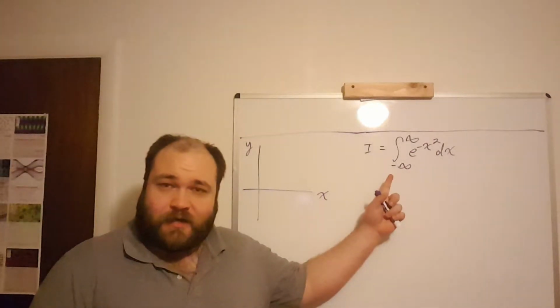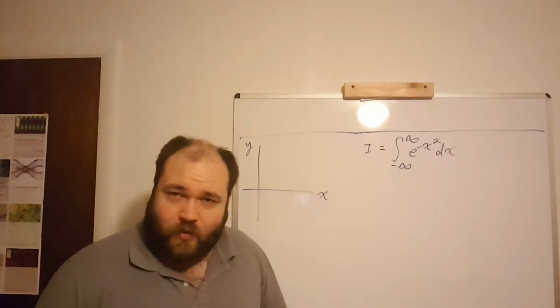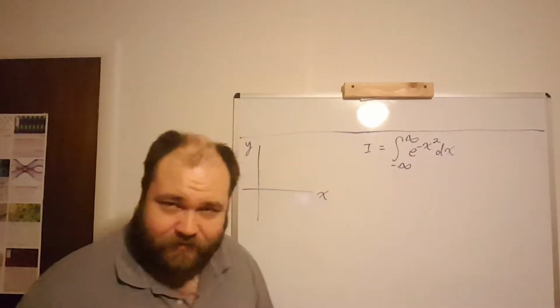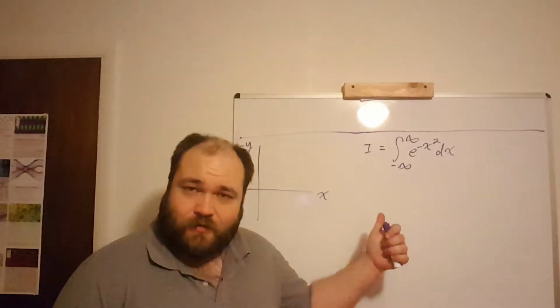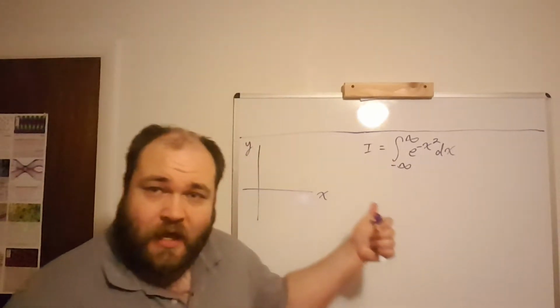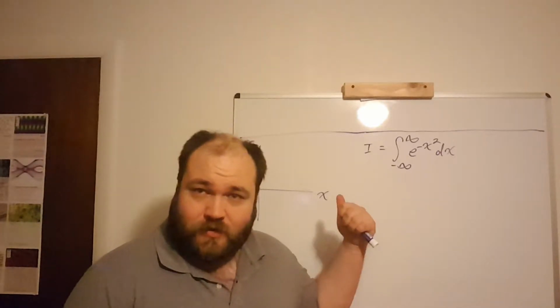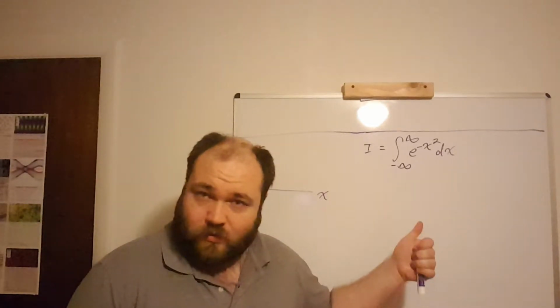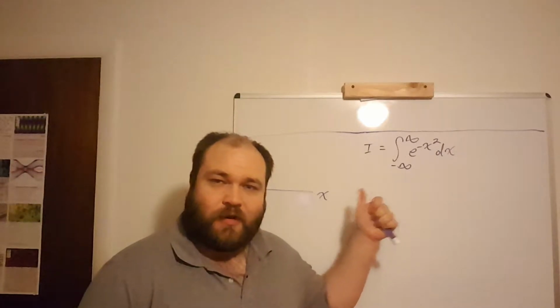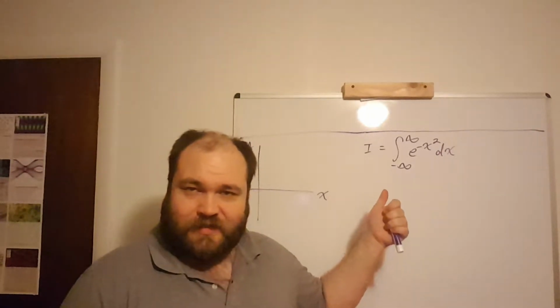So today we're going to be looking at the integral of e to the negative x squared, going from negative infinity to positive infinity. The name of this integral is the Gaussian integral. Now, normally it is told to you that there is no elementary solution, which is true. And so what we're actually going to do in order to evaluate this integral is we're going to go into